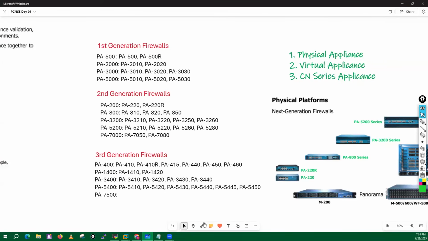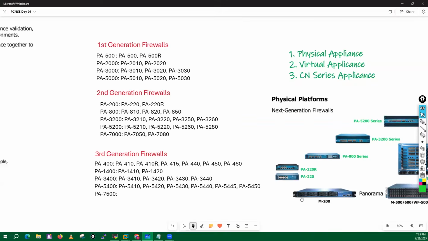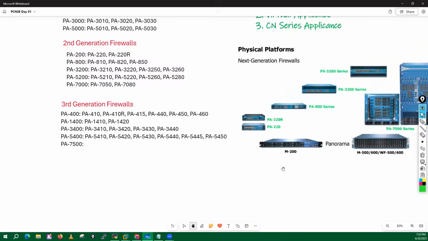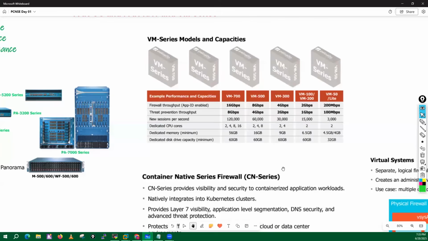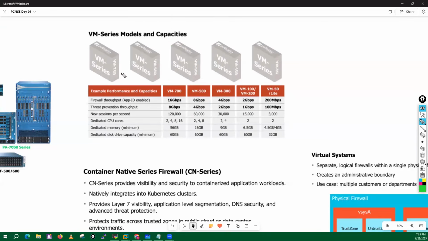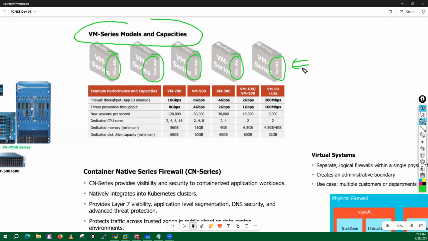Apart from those hardware appliances, now we do have virtual appliances. Those are the VM-Series firewalls. So those are the virtual appliances like VM 700, VM 500, VM 300, VM 100, and VM 50. Those are the VMs which we can run in your virtualized environment, like in your hypervisors, like